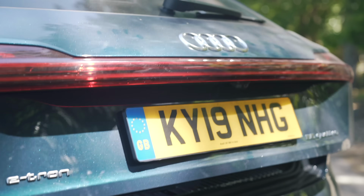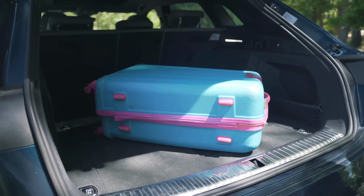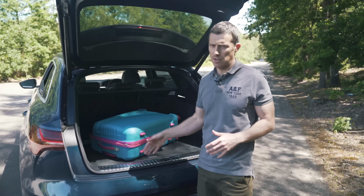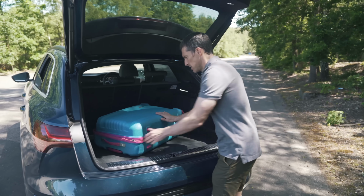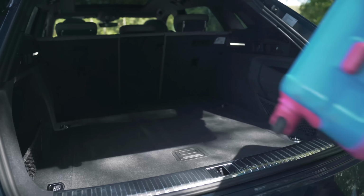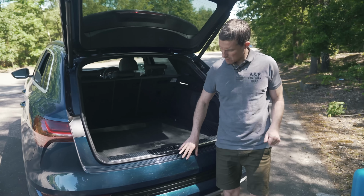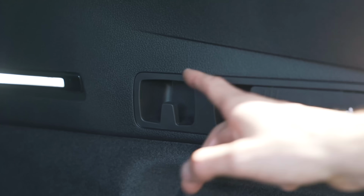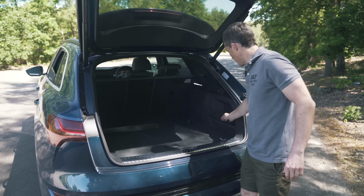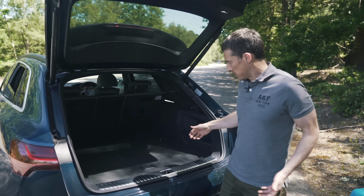One of the great things about this e-tron is that its boot is absolutely massive. So it's larger than a Jaguar I-Pace is, it's larger than a Mercedes EQC's. There's a bit of a load lip, but you've got this scuff plate, so look, it doesn't matter when you pull things out, you won't scratch the paintwork, which in this case is a weird kind of blue colour. You do have tethering points here and there to tie things to, hooks to hang things off, special storage areas